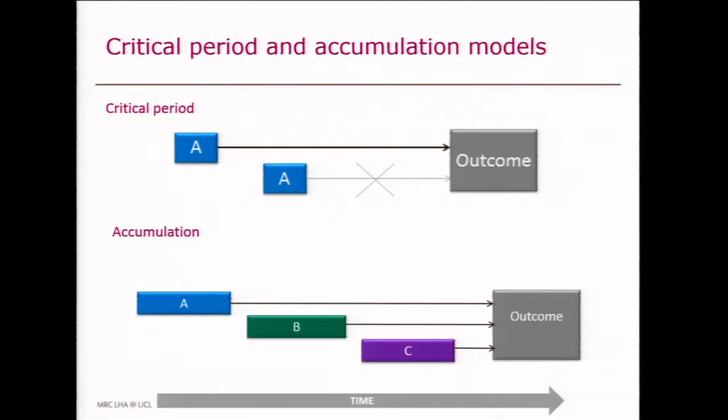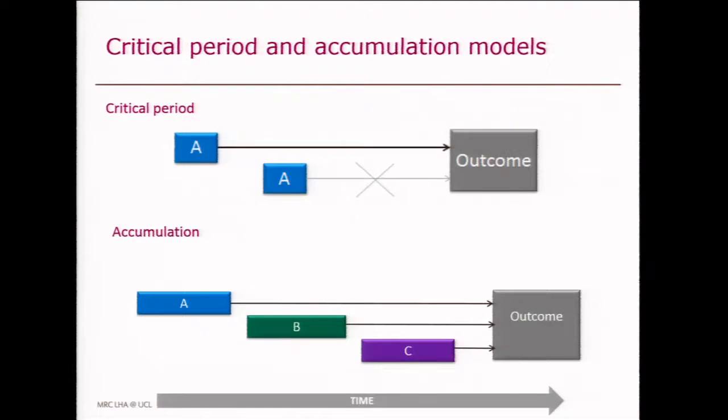So now I'm going to talk about some work we've done looking at the accumulation of socioeconomic position across the life course, though it can be applied to other exposures as well. So just going back to the critical period and accumulation models, Di showed the critical period model, which is the one at the top. So it's exposure at a single time point, has an effect on the outcome. And then we have the accumulation model,